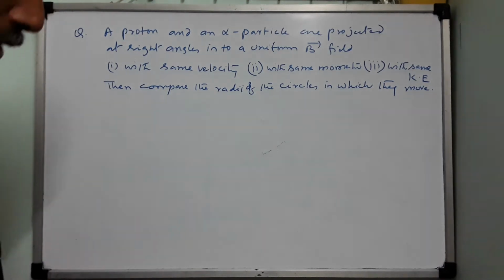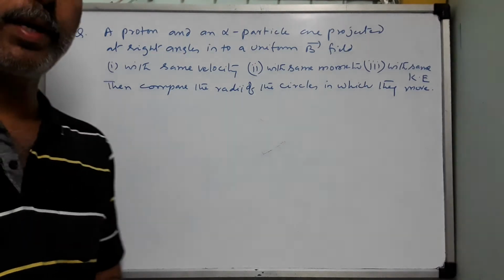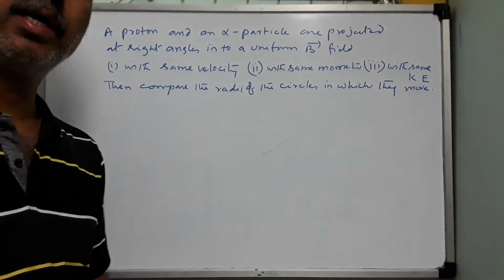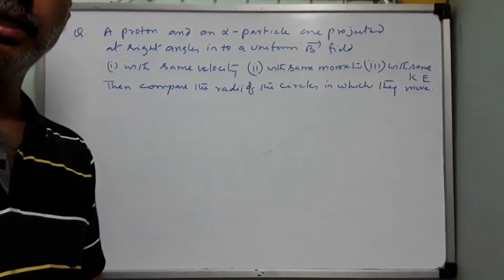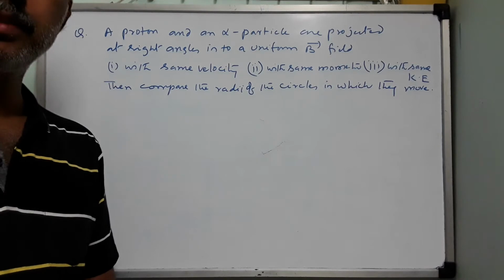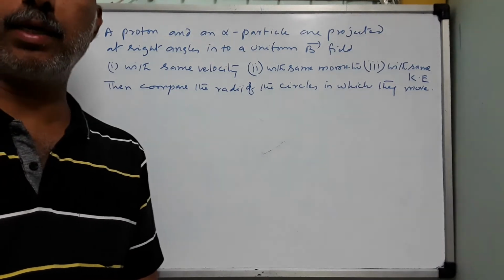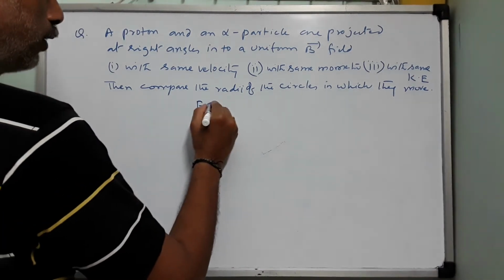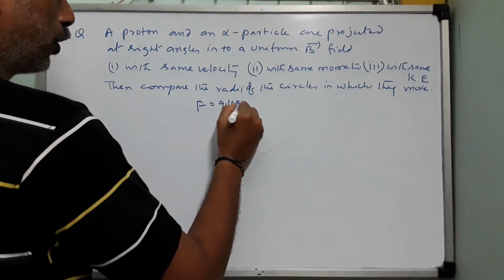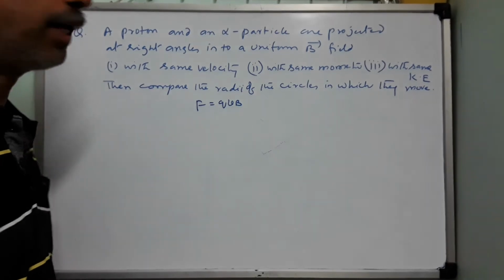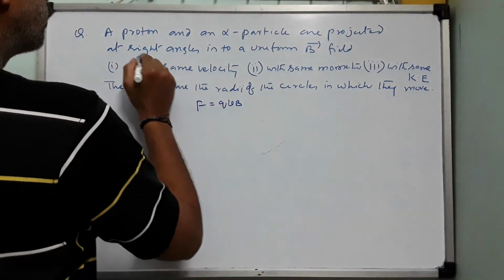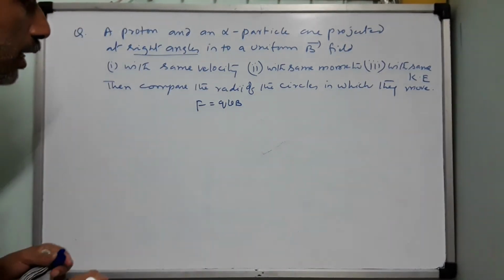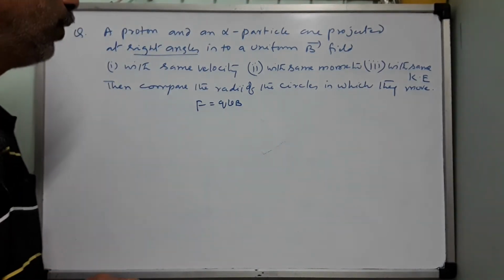Okay, right. So the concept is a charged particle projected into the magnetic field with some velocity v at a 90-degree angle, that is, a right angle. Obviously, it experiences a sideways magnetic force known as the magnetic Lorentz force, given by F equals QVB. This is the magnitude of force. Of course, QVB sin theta will be there. Now we are talking about right angles here, so theta will be 90 degrees. So sin 90 is 1. So the force on the charged particle is QVB.